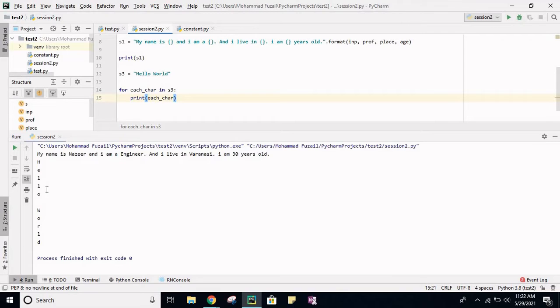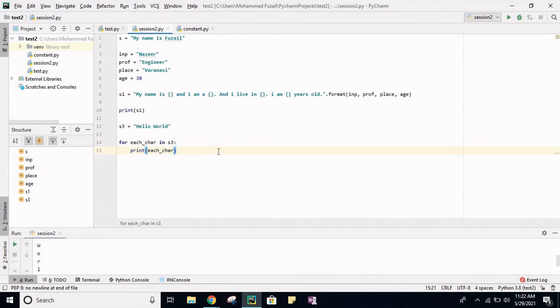Hello, one by one. First it printed h, then e, then l, l, then o, and in the same way space also comes. So space is nothing but a character of a string, right? Here space is also a character in a string, and then we got this world, right? So to get each element one by one, we iterate through each of the values, and the data type which supports this functionality is called iterable.